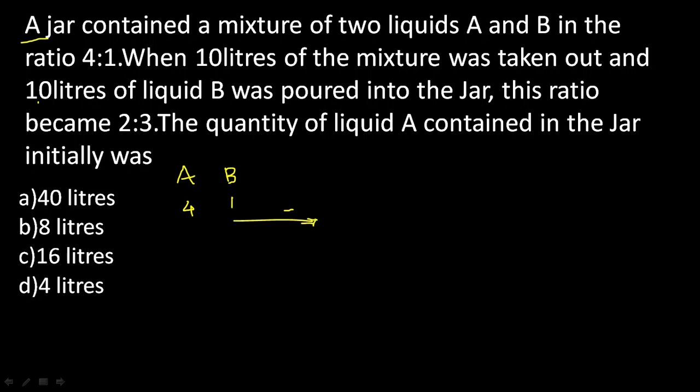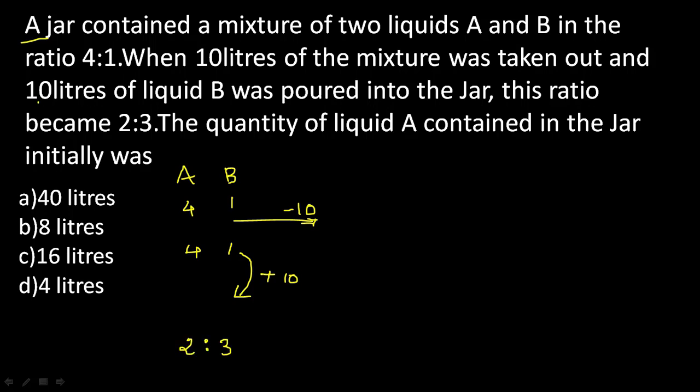In that they are taking out 10 liters of mixture. So here when they take some quantity of mixture, the ratio of the components in the remaining mixture remains the same. Okay, 10 liters of mixture is taken out, the ratio of A and B in the jar remains the same, that is 4:1. Now what they are doing, they are adding